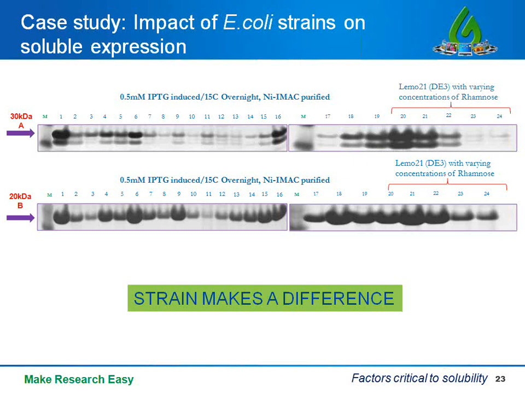Excuse me. The 24 lanes on the upper panel belong to a 30 kilodalton target protein A, tested in the 20 expression strains that were shown on the earlier slide. The lower panel belongs to a target protein B that was tested in the same collection. Now we are not looking to see which strain performs better, but the idea is to take note of the vast differences in soluble protein expression in the various strains. Obviously, since each protein is different, every expression profile, like a fingerprint, will be unique.